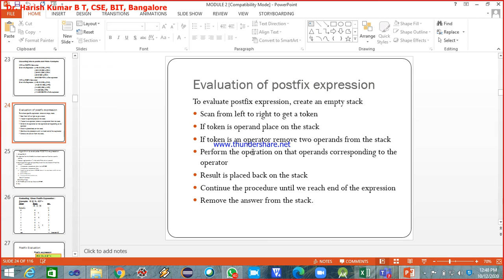Similarly, if you have encountered an operator while scanning the given postfix expression and you are popping two items from the stack, the first item which you pop from the stack should be assigned as the second operand, and the second item which you pop from the stack should be assigned as the first operand. This is what you have to remember. This is the simple logic, and if you remember this, then everything goes easy. Hope you understood the logic of evaluating the given postfix expression.